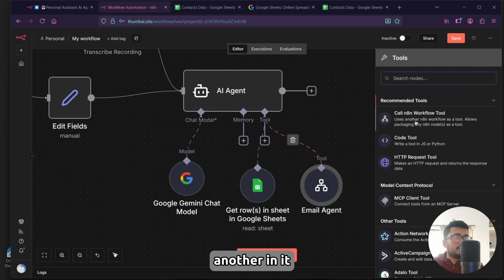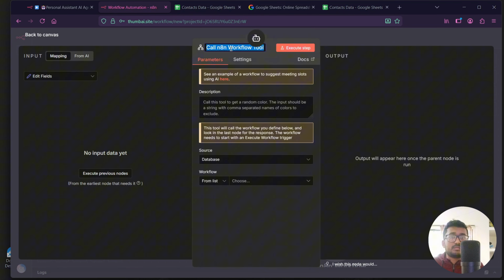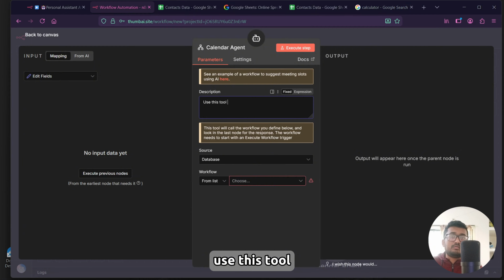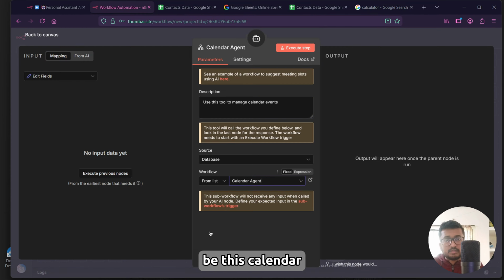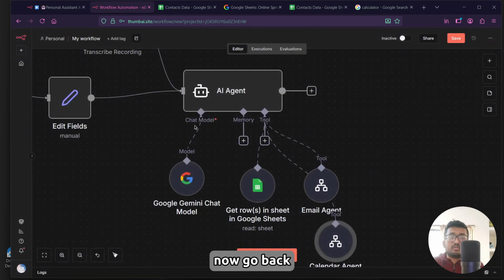Now let's add another n8n workflow. This one will be calendar agent. Use this tool to manage calendar events, and from our list it will be this calendar agent. Now go back,